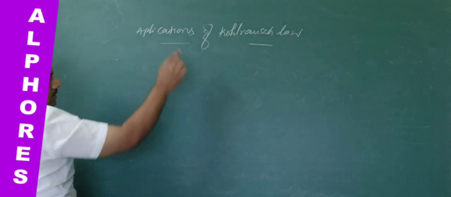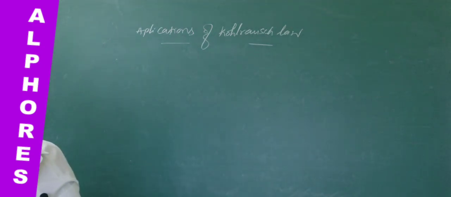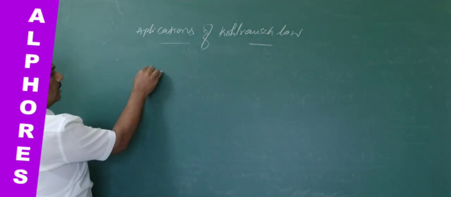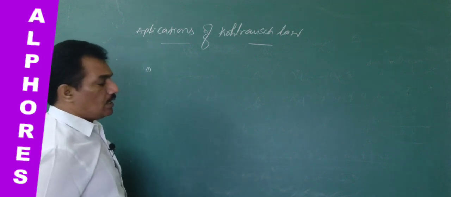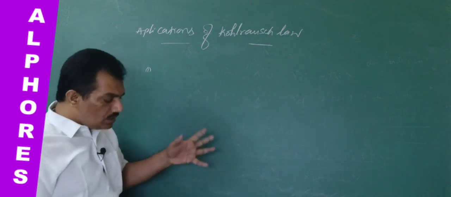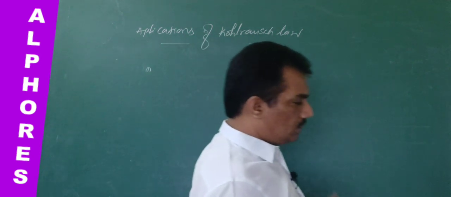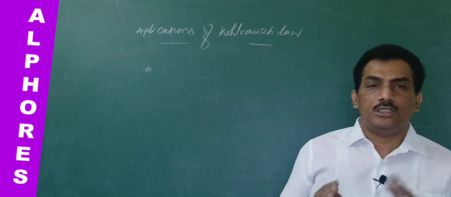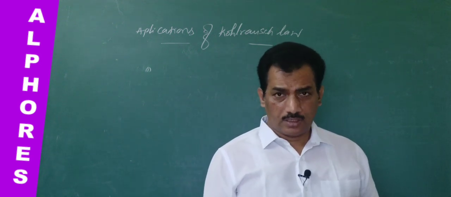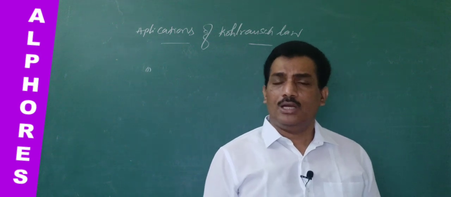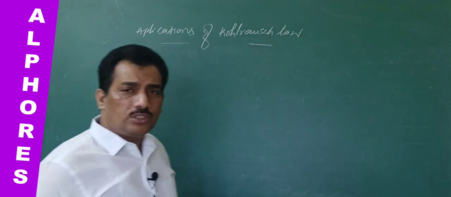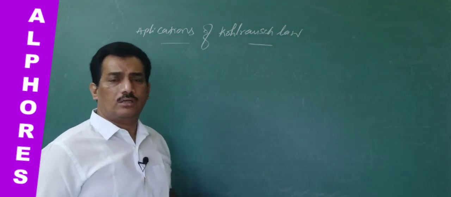First, let us list the fields where we can apply this Kohlrausch law. As we have seen till now, we are considering only the electrolyte, not specifying whether it is a weak or strong electrolyte. In the beginning of the Kohlrausch law discussion in the previous episode, we considered that it is useful to calculate the conductance of the weak electrolyte at infinite dilution, which is not practically possible. But thereafter, when solving questions, we never use that word infinite; we just say weak electrolyte, strong electrolyte.